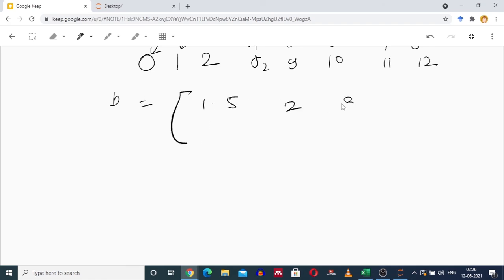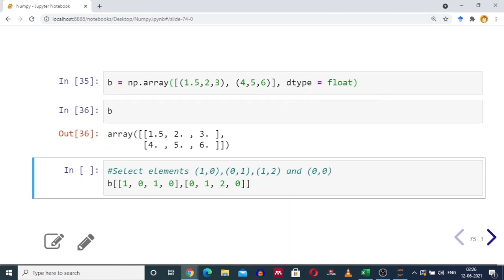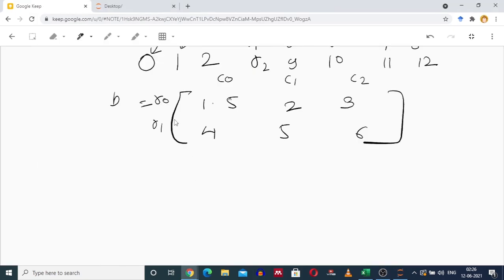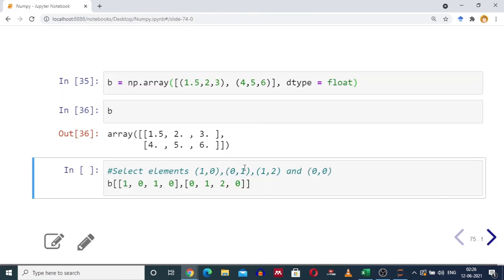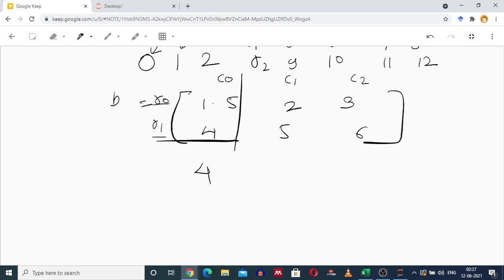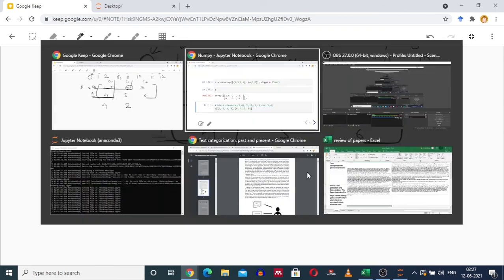So moving back to the dashboard, now you have array B: 1.5, 2, 3, 4, 5, 6. This is row 0, this is row 1, this is column 0, column 1, column 2. We want 1 0, row 1, 0th element, which is 4. You want 0 1, row 0 and the first column element, which is 2.